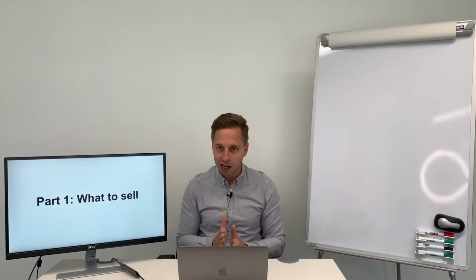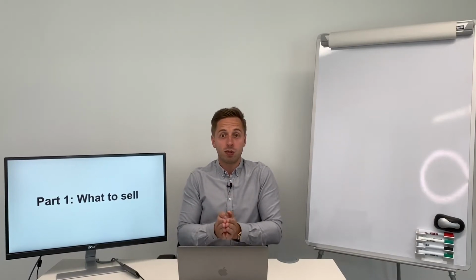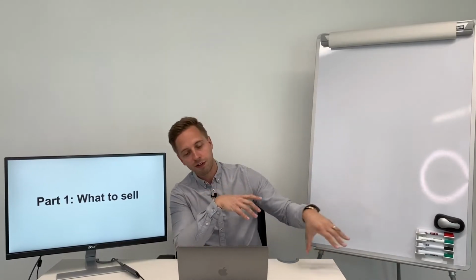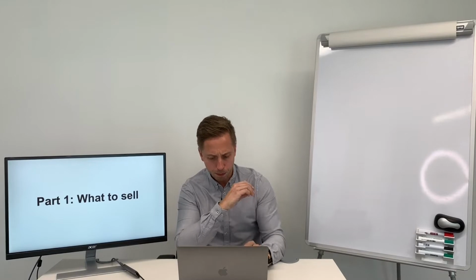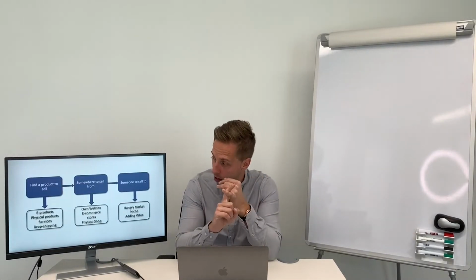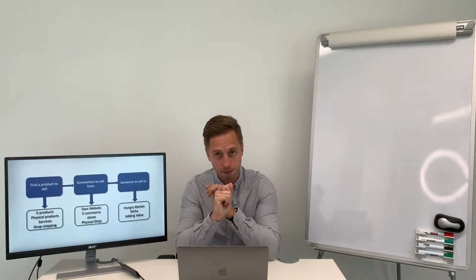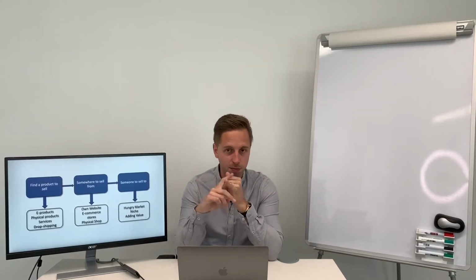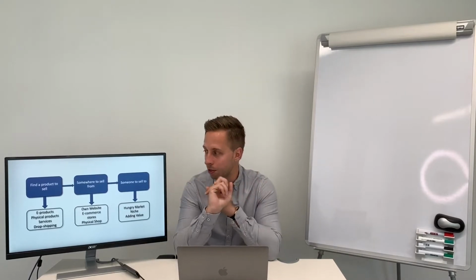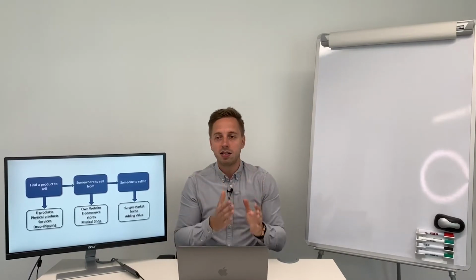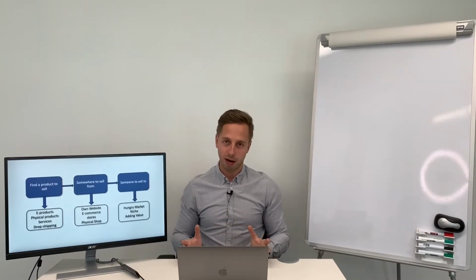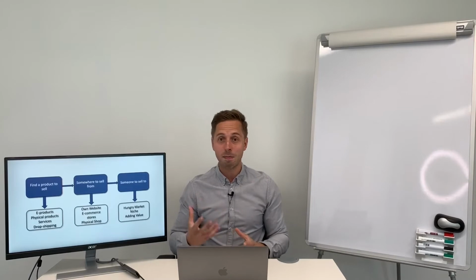You've got to get clear on what it is that you're selling to your audience. We'll look at different types of products in a second, but this is the basic model that you've got to have. Number one, you've got to have a product to sell. Number two, you're going to sell it from somewhere, which is your website probably. And number three, you've got to have someone to sell to. That is the simple model of making money online, offline, making money anywhere. And it has been the same for many, many years.